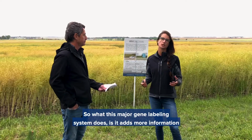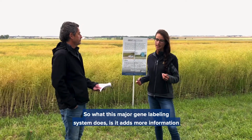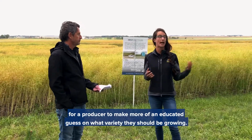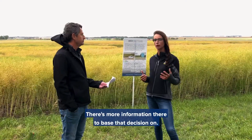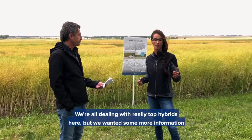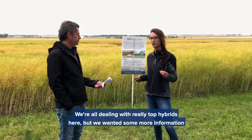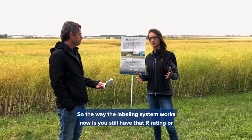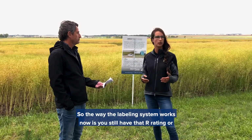So what this major gene labeling system does is it adds more information for a producer to make more of an educated guess on what variety they should be growing. There's more information there to base that decision on, right? We're all dealing with really top hybrids here, but we wanted some more information to make a decision on hybrids. So the way the labeling system works now is you still have that R rating or that MR rating